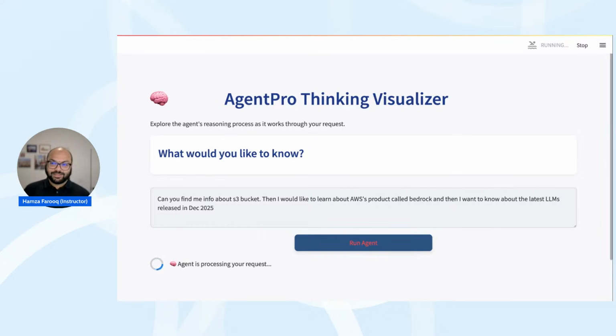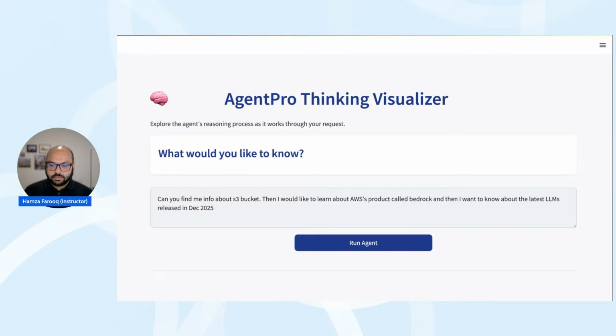Now, I don't know how it will run. This is the biggest challenge with these tools: they can be erratic. Sometimes they work really well, sometimes they don't. However, let's find out what answer we get at the end of the day. While you're thinking I can do all of this in n8n, I will try to show you how it is able to reason really well and go beyond what n8n can do for us. Right now it's processing all the different requests that have been given, and it will generate an answer for you. It takes a minute to run.